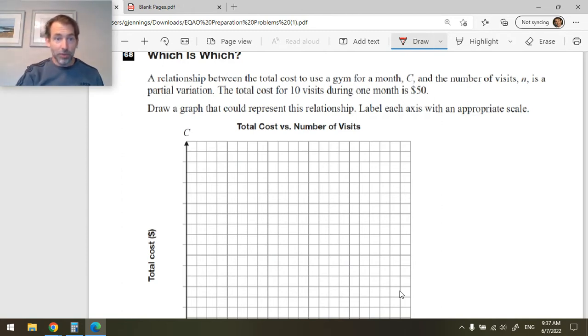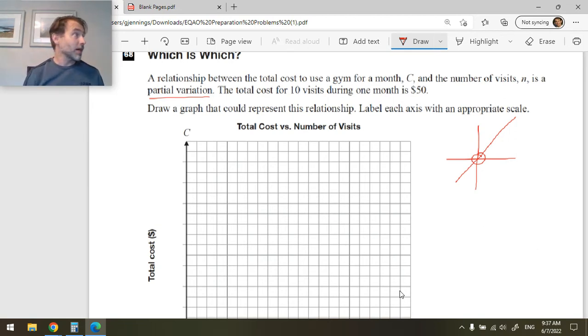Okay, here we need to know what the heck is partial variation. All right, so this is something that I've only talked about ever briefly, but basically direct variation is some linear relation that goes through the point 0, 0. So if I told you